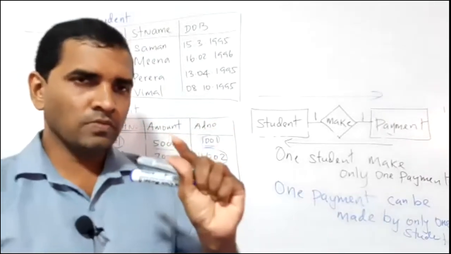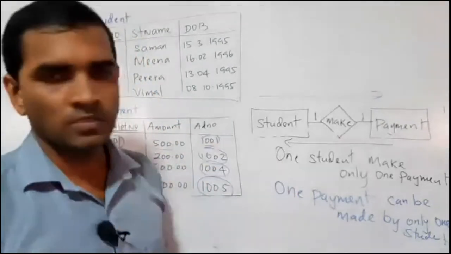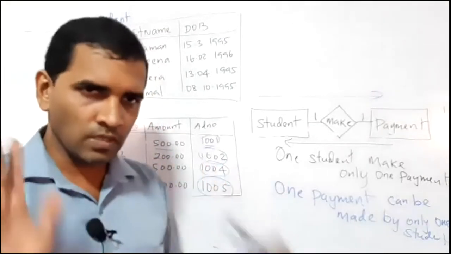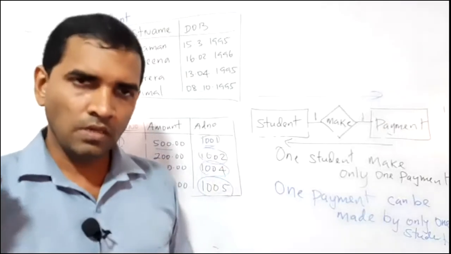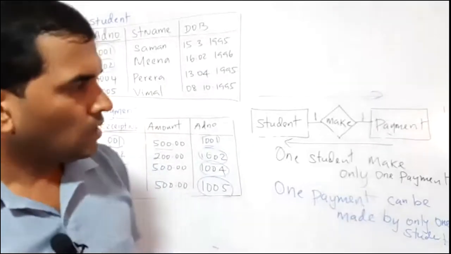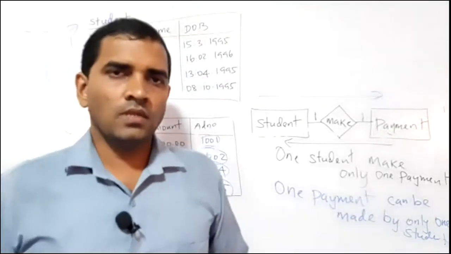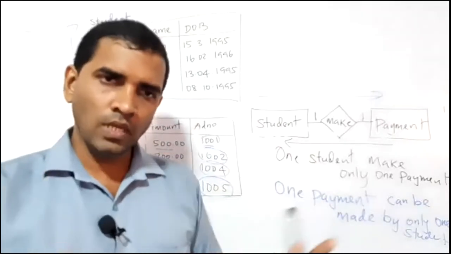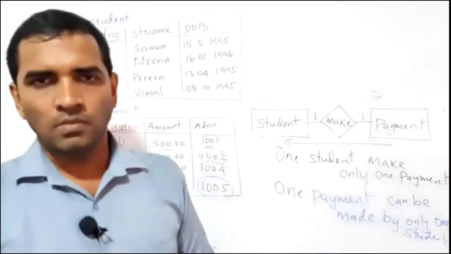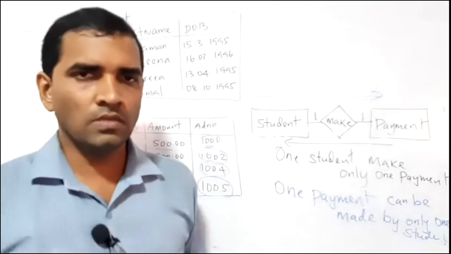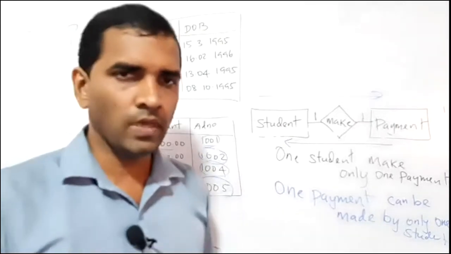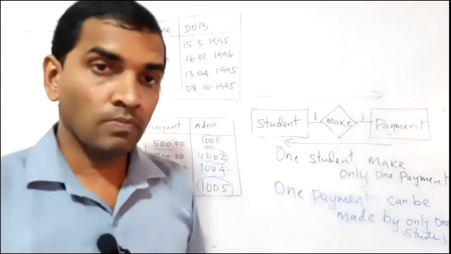Maybe 20% of understanding is more than enough at this moment. If you have understood maybe 20%, even 10% of these things, it is enough for me at this moment. It will be okay when we take one-to-many or maybe some other examples. I don't expect you to understand the whole thing at this moment. If you are able to understand the things which I explained, it would be better. But again, if you don't understand, there is no need for any worries. It will become easy when I take some other examples, or when I take one-to-many.